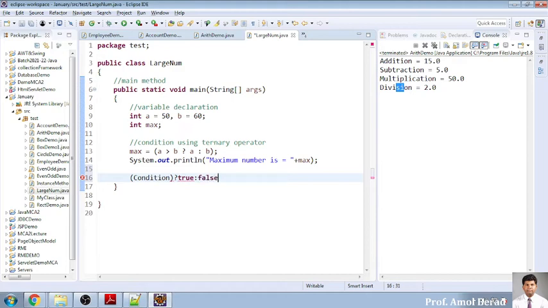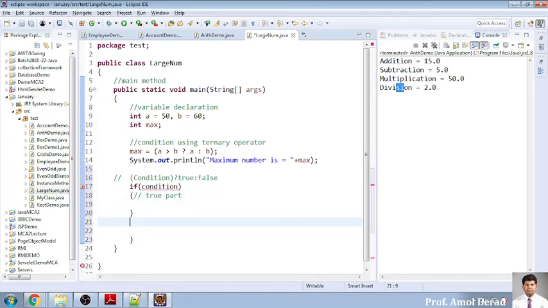It is just like your if statement. The if statement is like this: in brackets there is a condition, and if the condition is true, it will execute the true part, and if the condition is false, we will go to else and into this section.